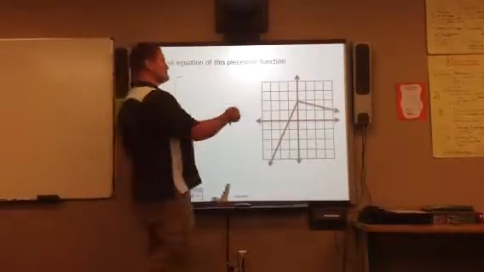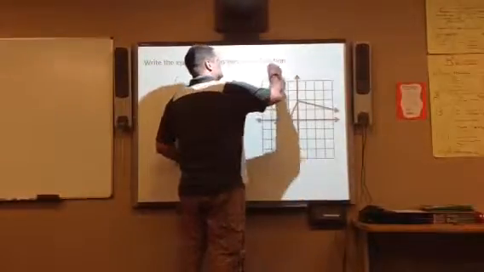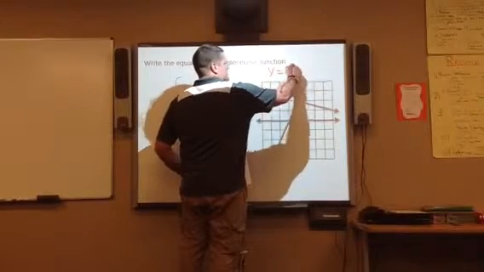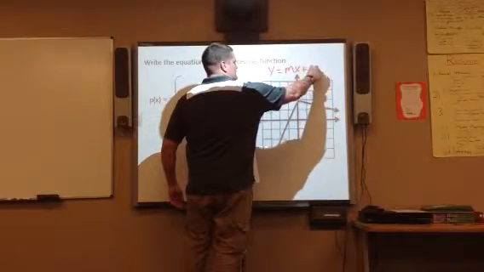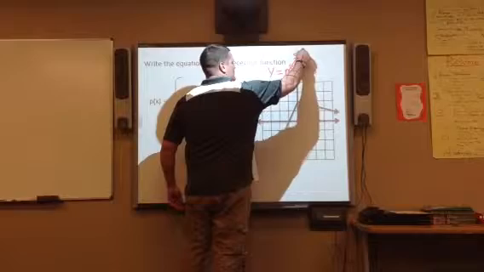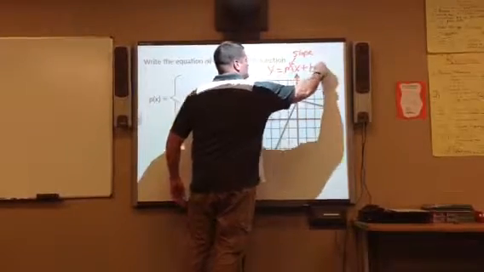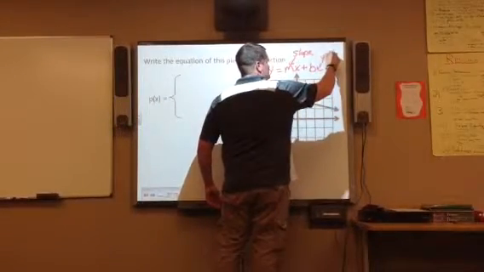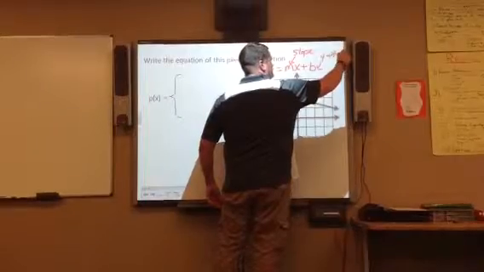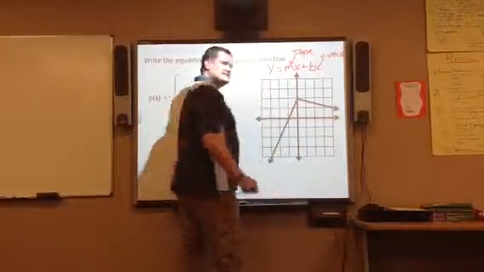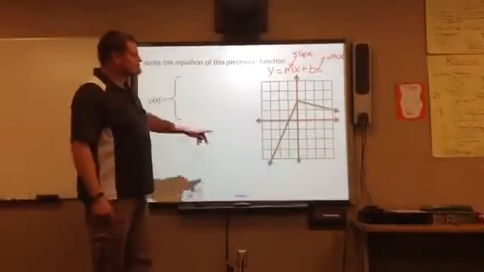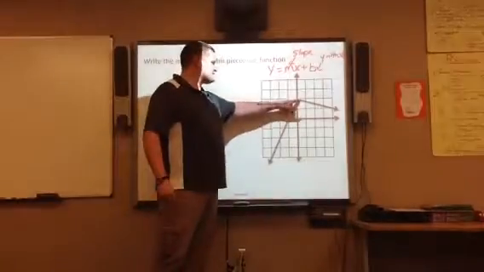So keep in mind when we're doing this, we're going to deal with lines. So we're always going to be looking at y equals mx plus b. Remember, m is going to be our slope and b is going to be our y-intercept. We'll pretend like that says intercept up there. Okay? So if we look at this first line,